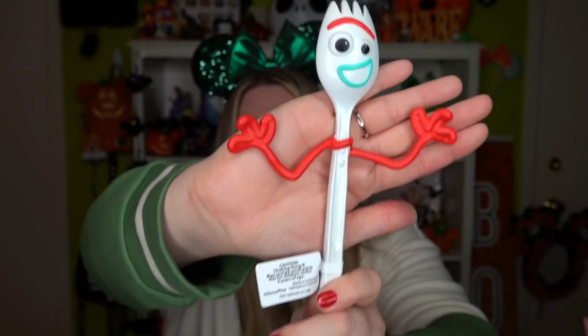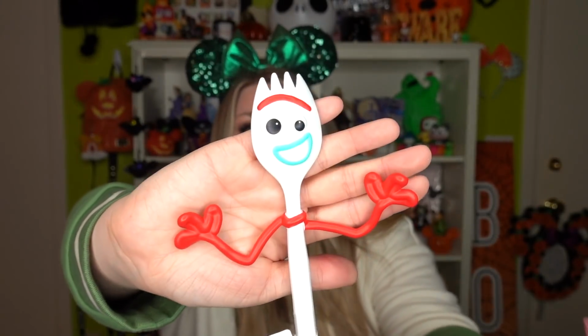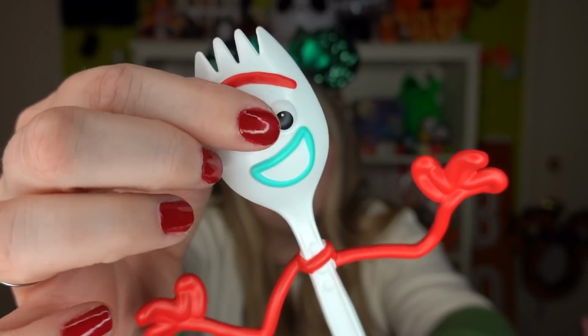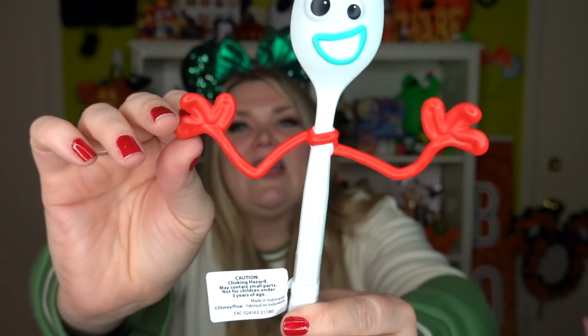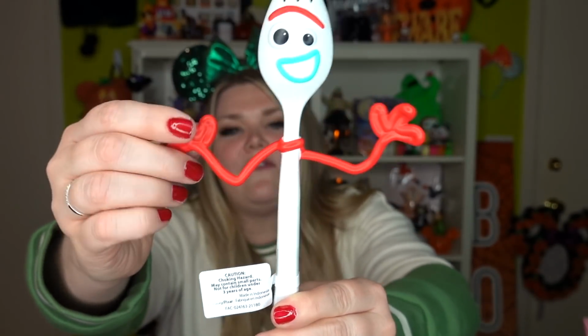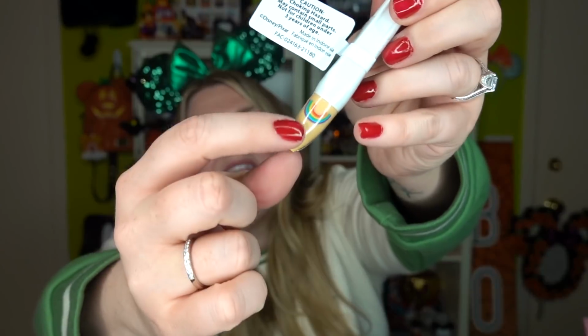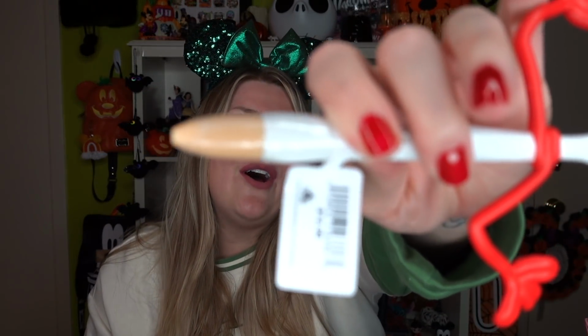He is so happy. He has got his little googly eyes, and they are not googly, by the way. They are just regular painted onto there. He's got his little arms that are made of pipe cleaner, but these are obviously just rubber. And then even his little pin cap is a little rainbow, which is just like his little feet in the film. The only thing that is missing from this is that they did not put Bonnie on the bottom of the